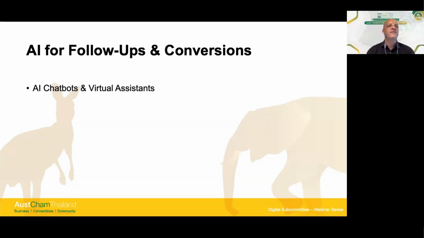So AI chatbots and virtual assistants. I think it's pretty obvious why these are great. 24/7 engagement for lead nurturing. 3 a.m. in the morning, we're all hopefully having a nice sleep. Someone visits your website from a different country. They really, really want to talk to you, or they really have a need, and obviously you're not available. Perfect case study, use case for AI chatbot. They start a conversation with the AI chatbot.